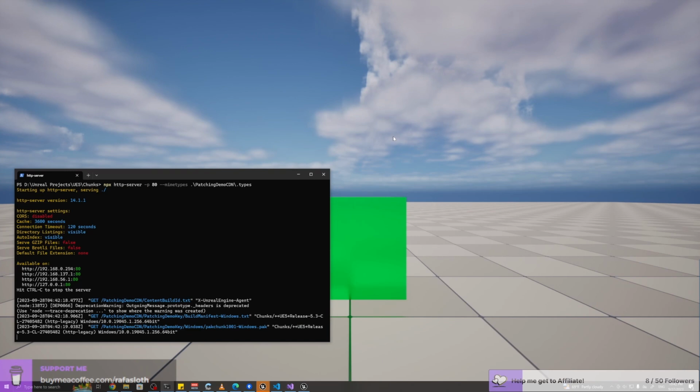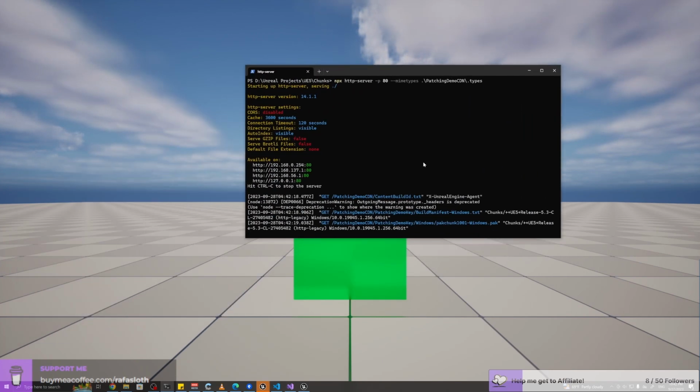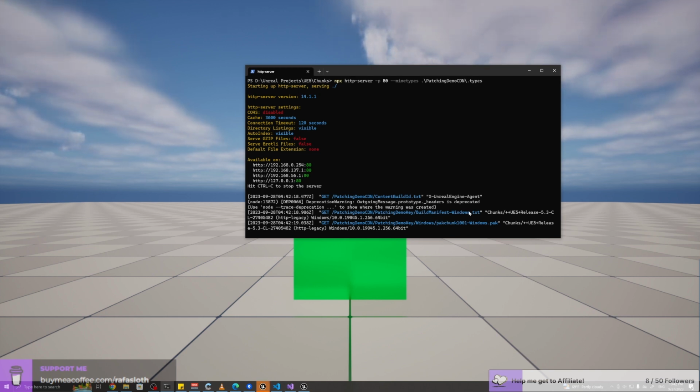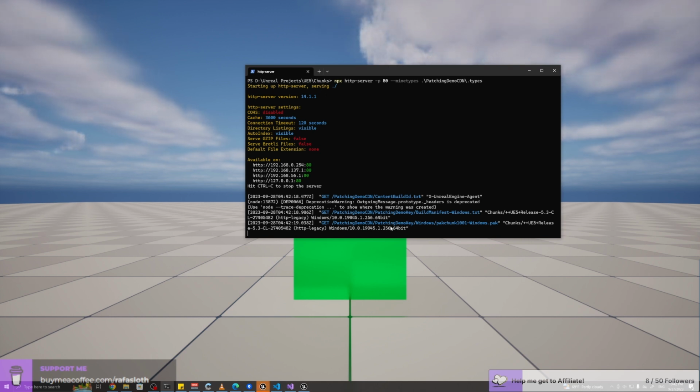We should see, yeah, correct. We see the request to the content build ID file, and we see the request to the manifest file, and then the request to the pack file.